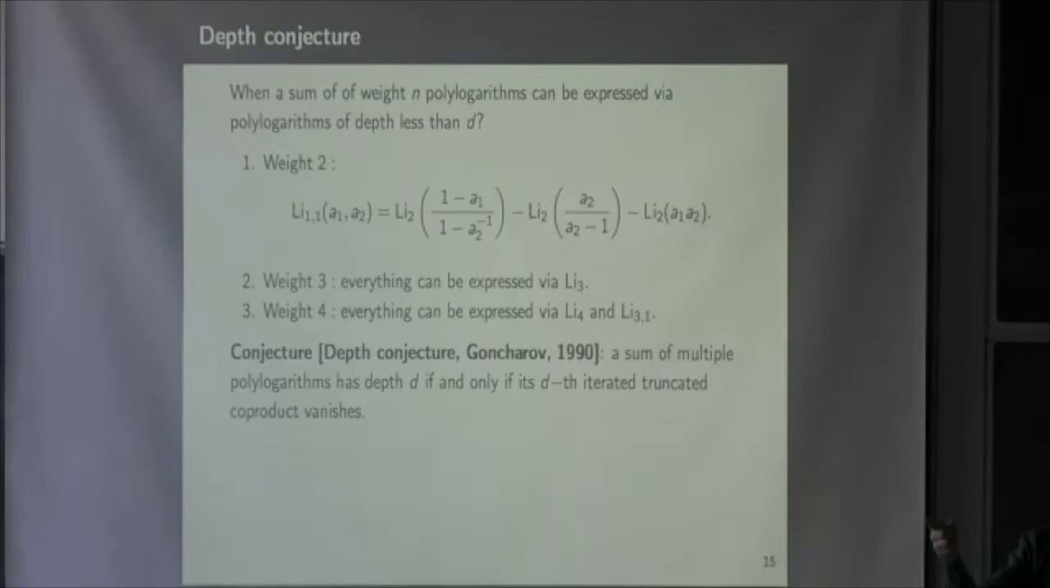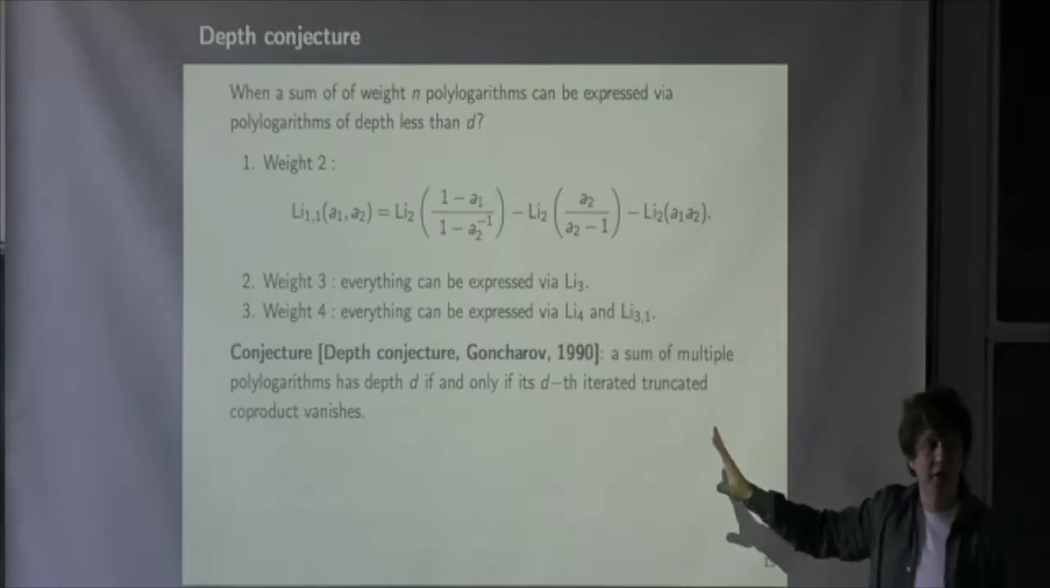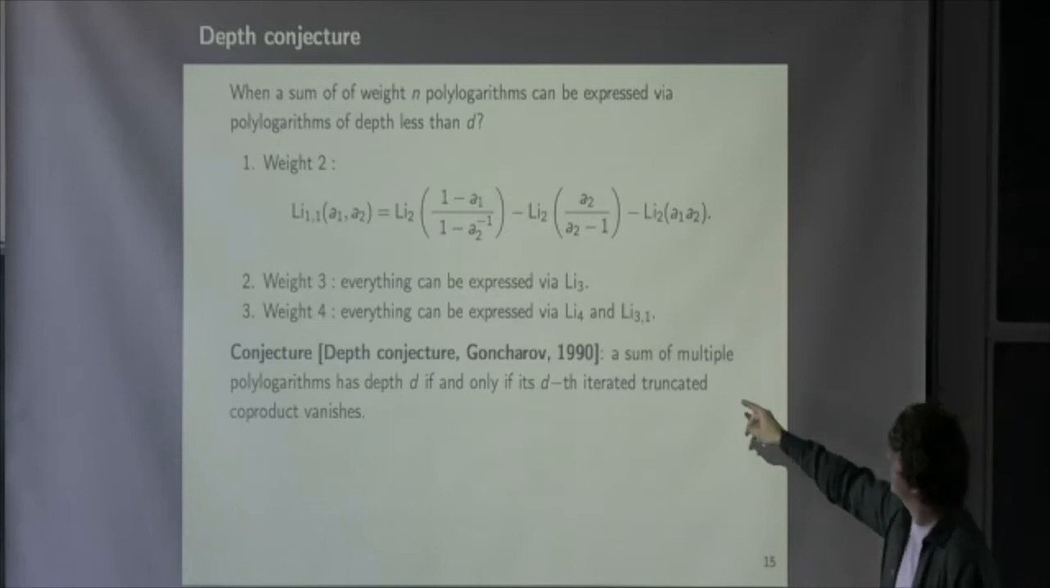Li4 you can express through Li3(1), but Li3(1) cannot be expressed through it. Or even in that sense, using anything. Yes. So the conjecture of Goncharov, which I formulated not very precisely, but roughly it says that if you have a sum